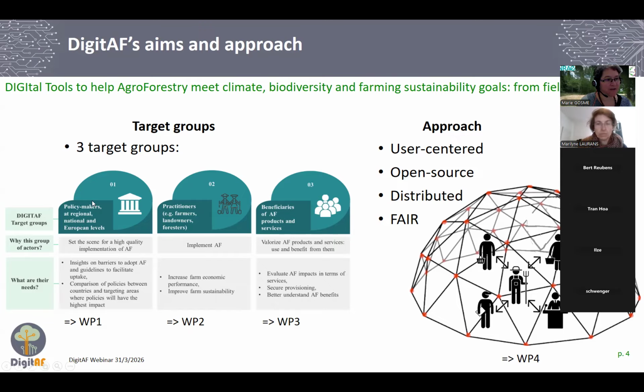First, policymakers, who set the scene for the adoption or not of agroforestry. Then practitioners of agroforestry in the field, so farmers, landowners, and foresters who actually implement agroforestry. And finally, beneficiaries of agroforestry products and services, who give value to agroforestry. And we had different work packages organized around each of these target groups.